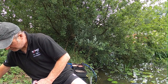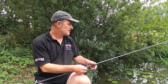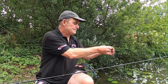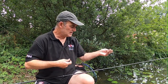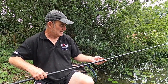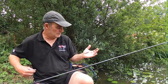Right, on my silverfish rig, got one of my favourite floats for this sort of fishing. It is running gently. If I start up here first, my elastic is the 1 to 5 midi elastic. John Small put me onto that elastic, and it's a brilliant elastic, it really is. And that's on a 0.11 main line,